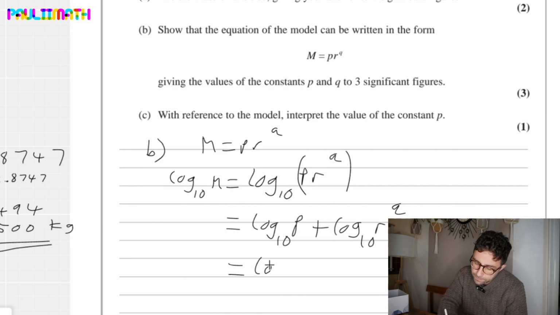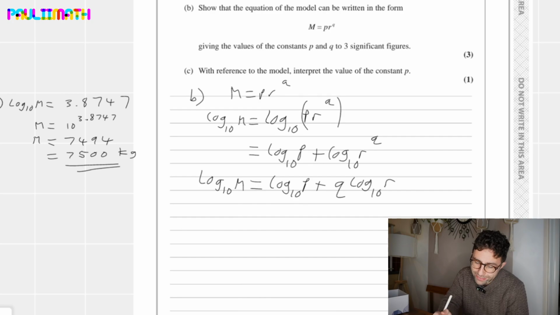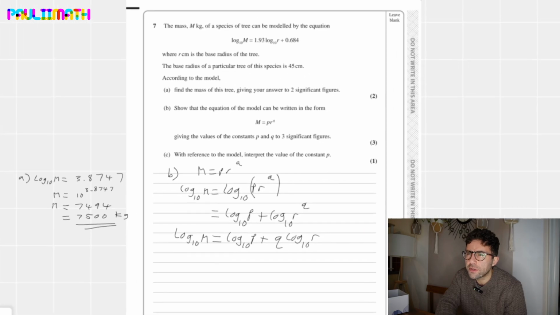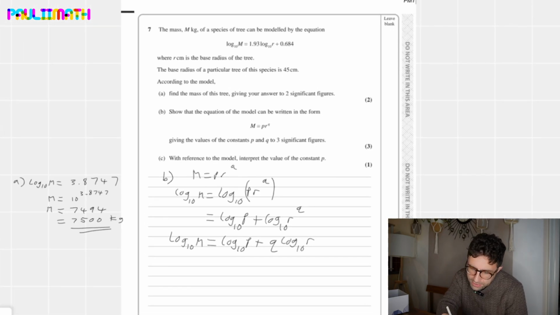Another log rule where you bring that q down the front, q log 10r. The reason for doing that is to compare it against what they've got in the question up there. Maybe I'll write it in a different colour underneath it. I do actually like good working now and again. I'm going to write it the other way around, because you've got